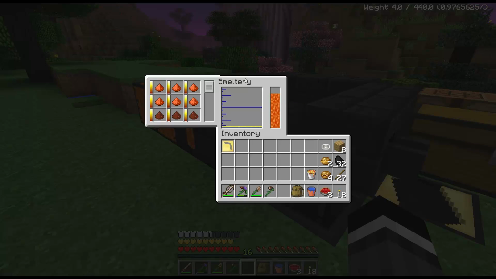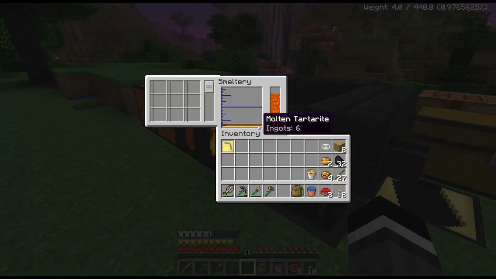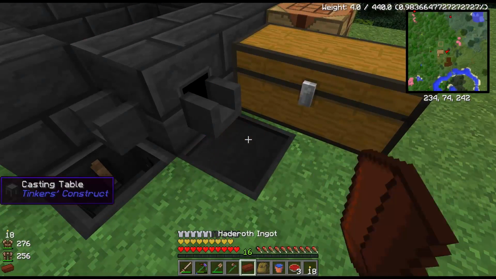I'm over on the second monitor here just taking a look. So Tartarite's durability should be 4,000 versus Hadaroth, which we currently have, is 2,000. So this should be some crazy durable stuff. Okay, so we need an ingot of Hadaroth. Let's get that on the bottom and do our repair, and then we're going to want a pickaxe head